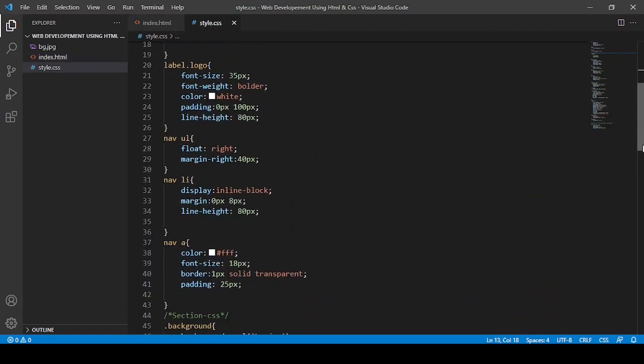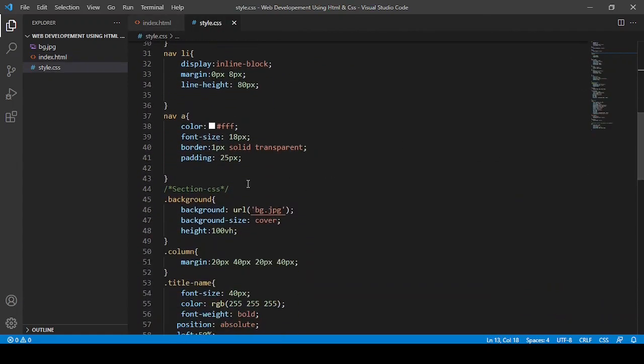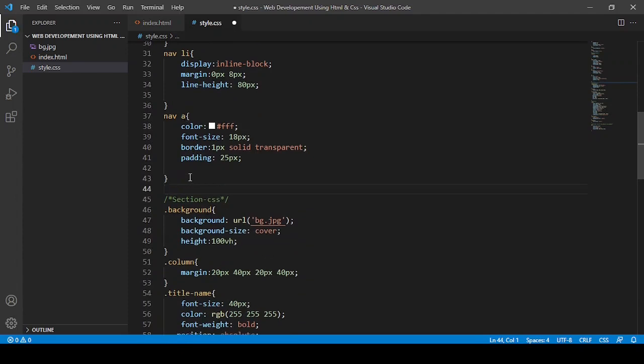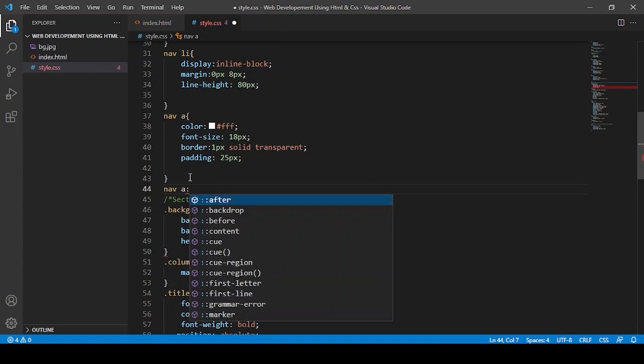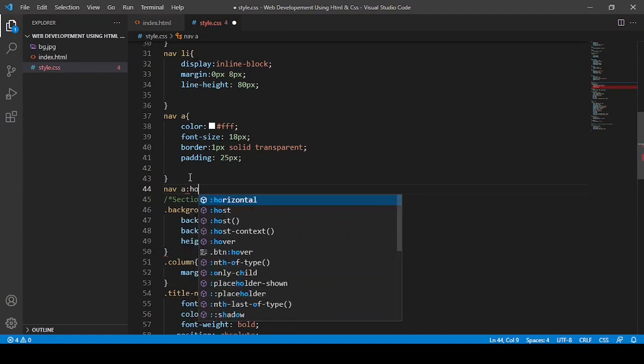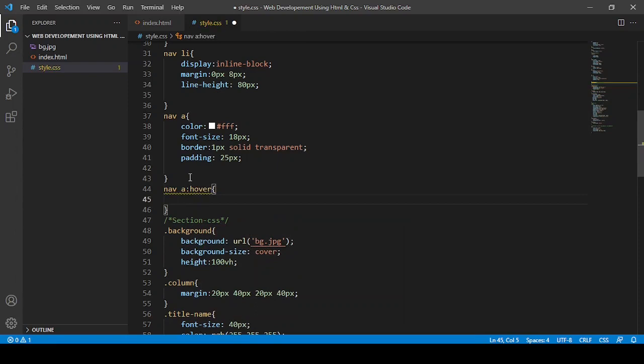Where is nav a? Here. So just below that you have to write nav a, and this symbol, and you have to say hover and open the bracket.